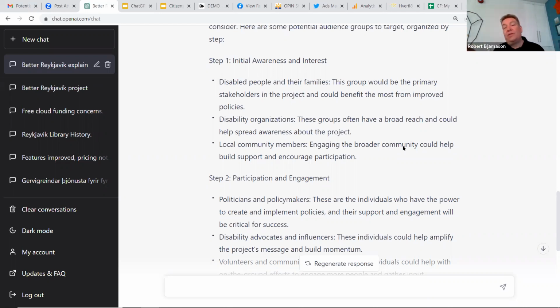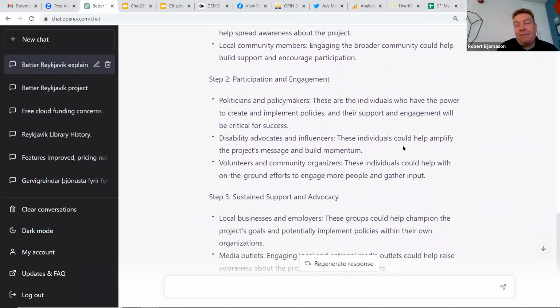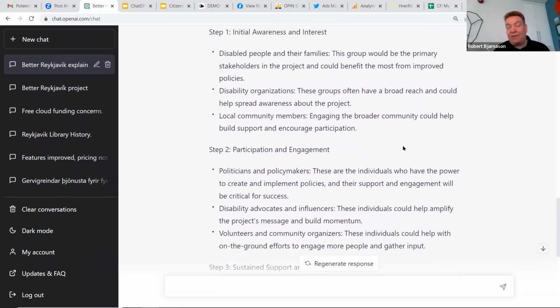You raise awareness of the project very early on with the people who are most interested. They start to add content to the platform, which means when you reach out in step 2, you have some content on the platform already.